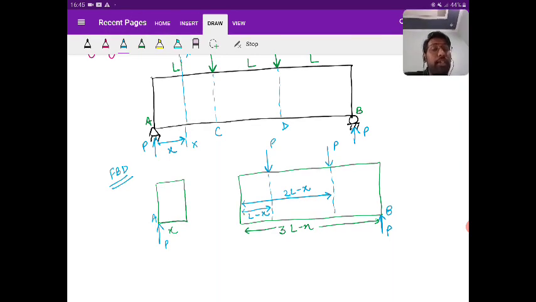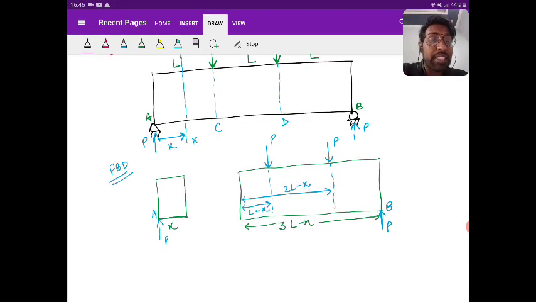So what you can see is the body in equilibrium. We deal with the equilibrium body, yes or no? This body is not in equilibrium. You can see the upward force of P, so there is a resistance that will develop in the downward direction. And this resistance is tangential to the surface, and this is nothing but shear force.